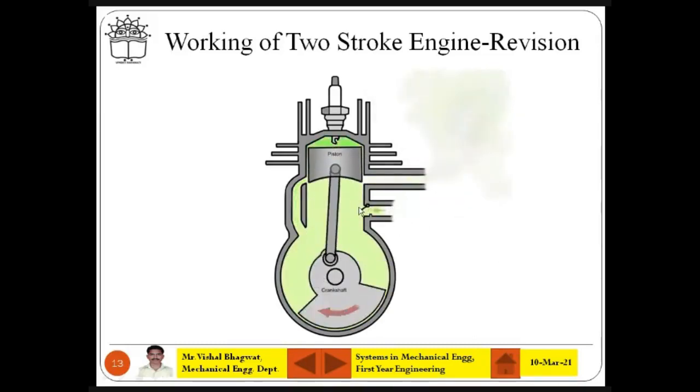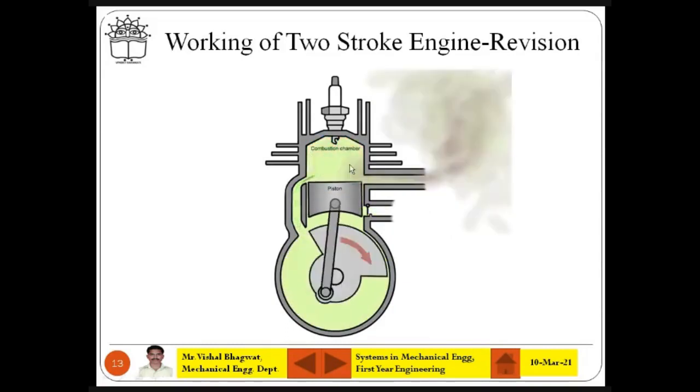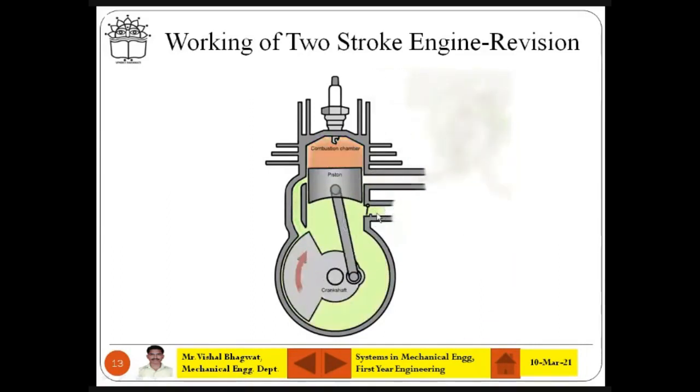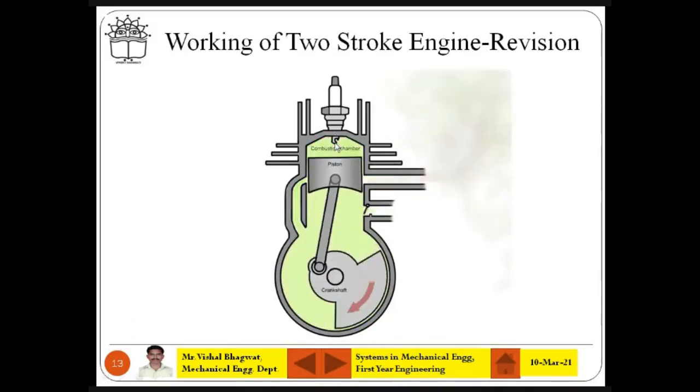जो क्रैंककेस में आ रहा है, जो फ्यूल इंटेक हो रहा है, उसको सक्शन स्ट्रोक कहेंगे और इंटेक स्ट्रोक कहेंगे. और पिस्टन as it is moving upward again, inside the combustion chamber there is a compression. So for upward movement of piston, 2 strokes are happening. One is intake stroke, and another is compression stroke. Understood? I mean 2 operations, not strokes. One is intake operation and another is the compression operation. That is stroke number 1.